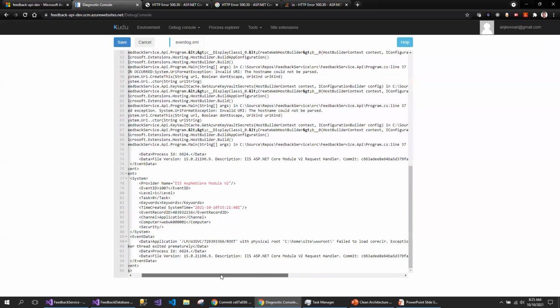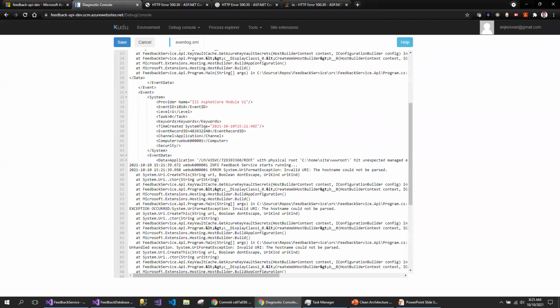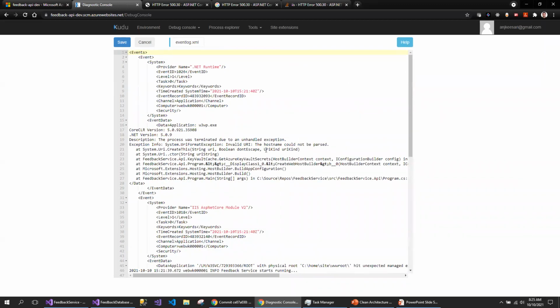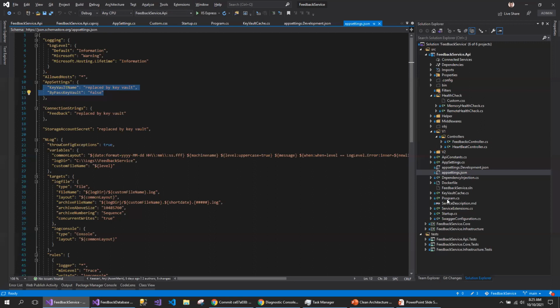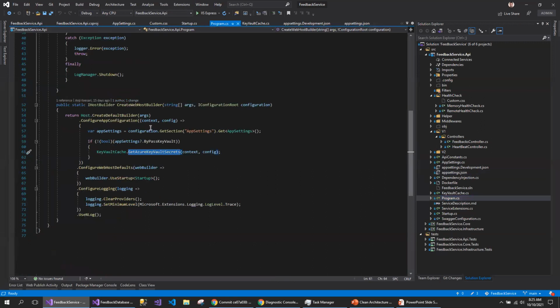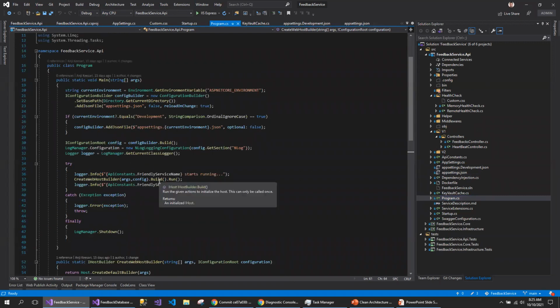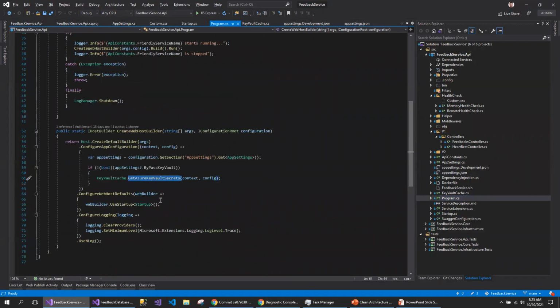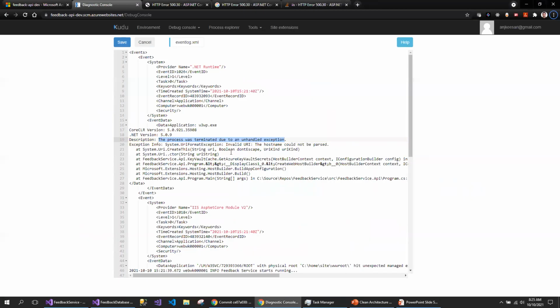It says, this is my exception. The process was terminated due to an unhandled exception, because in the program.cs, if I want to start the service, it has to complete all these steps and then it is going to start.